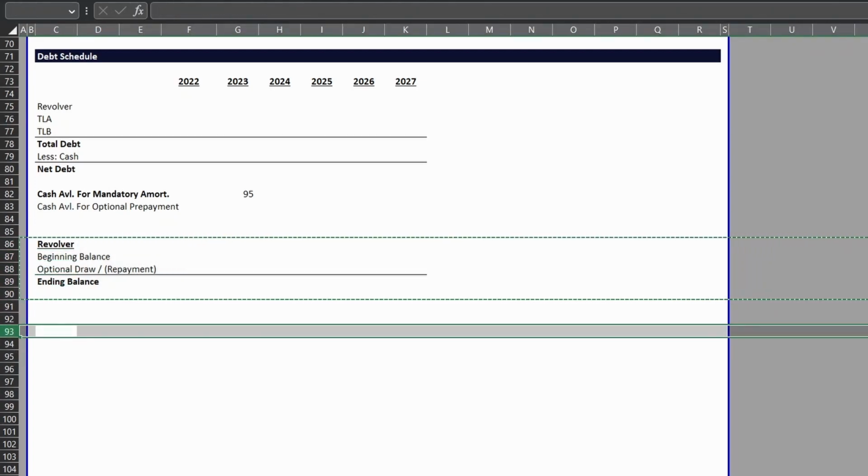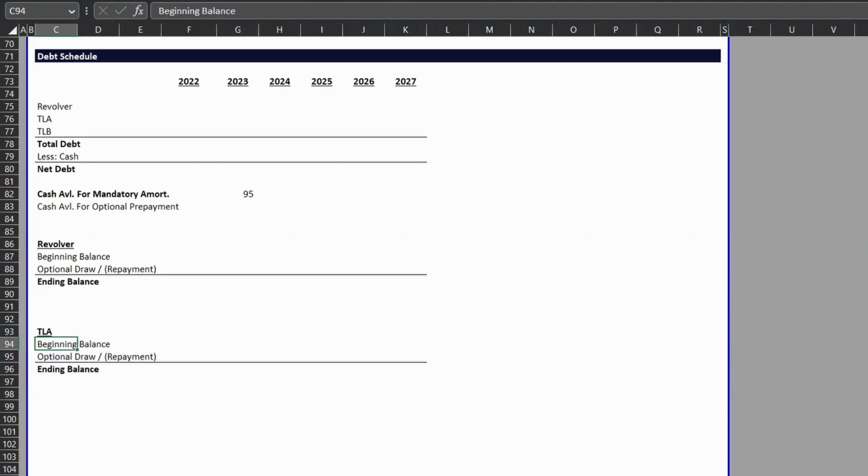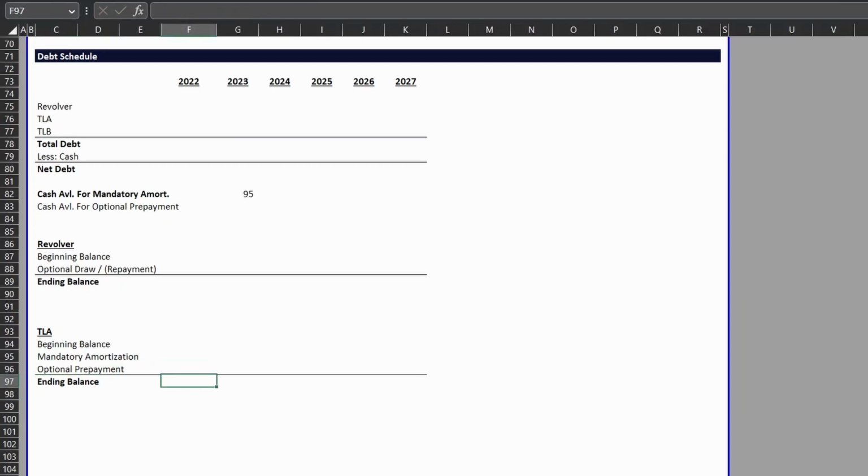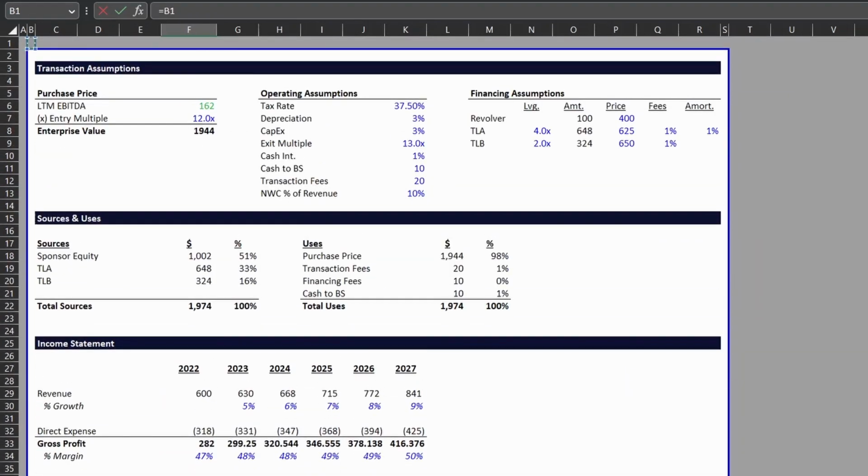So we will copy that down for our term loan A. We'll have the same beginning balance, but then instead of optional draw and repayment, we will have optional prepayment because we are not able to draw additional debt on the term loan A like we would on the revolver, which is a revolving line of credit. Along with our optional prepayment on the term loan A, we also need to remember to add in our mandatory amortization. Then we'll head over to 2022's ending balance, and that is pro forma for the transaction,